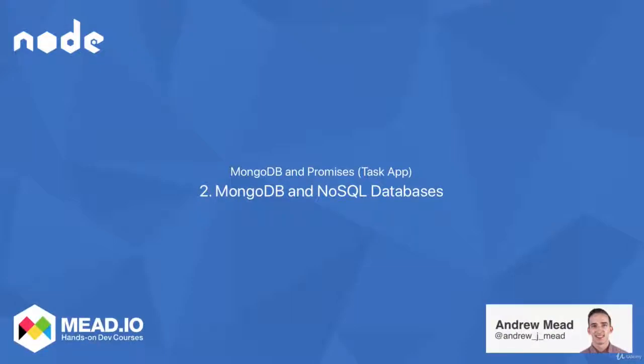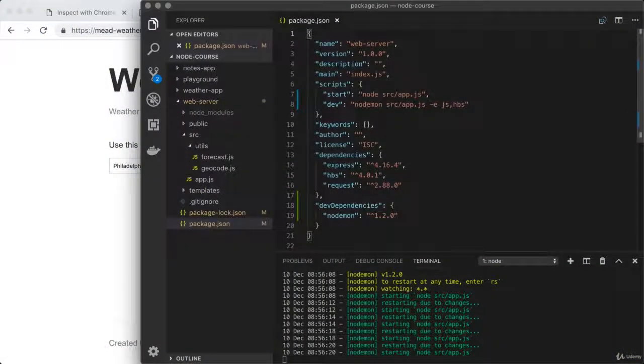Welcome to the start of a new section and to the start of a new project, the Task Manager project. Now, in this video in particular, we're going to talk about the database we'll be using to store our user data. That is MongoDB. So for this new project, we're going to have an authentication system, and we're going to need a more robust solution than just storing all of our data in a JSON file like we had done